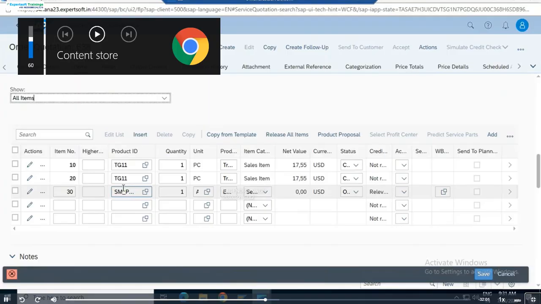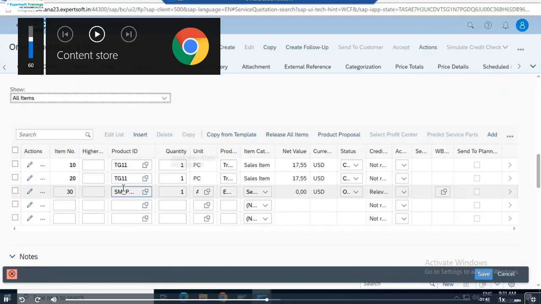Your SM_PROD_01, 02 and 03 are three products which are available. Generally what we do is we take SM_PROD_01, copy it, and create our own